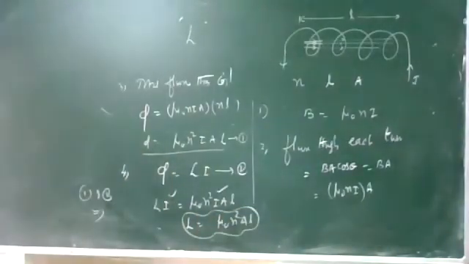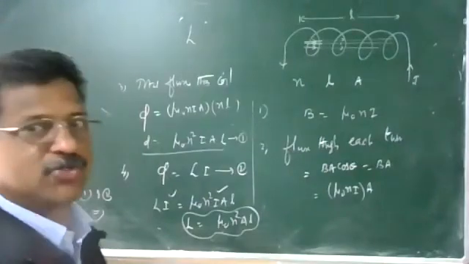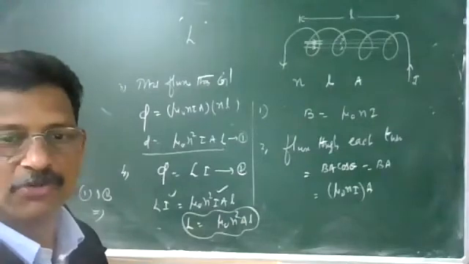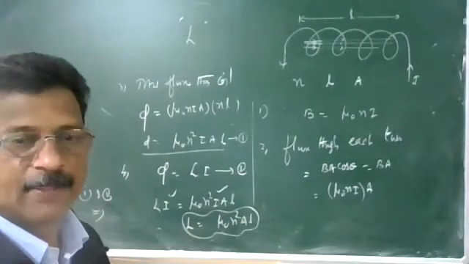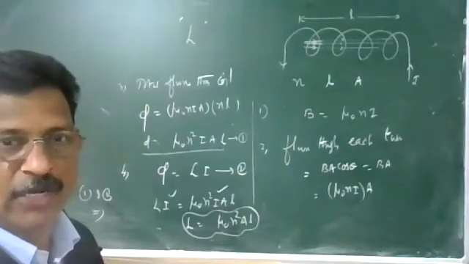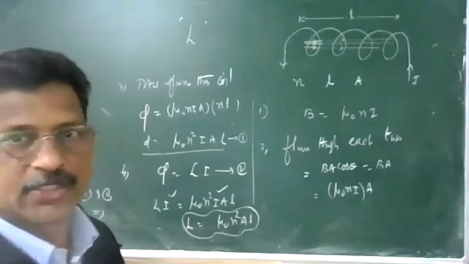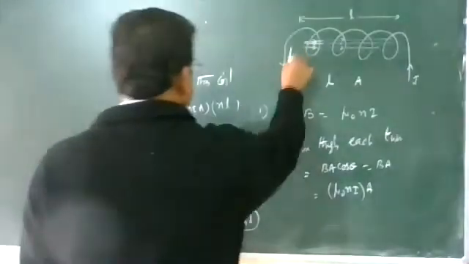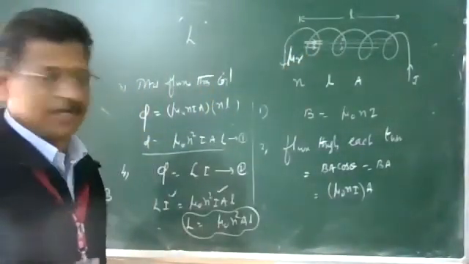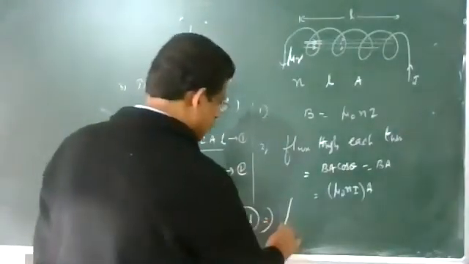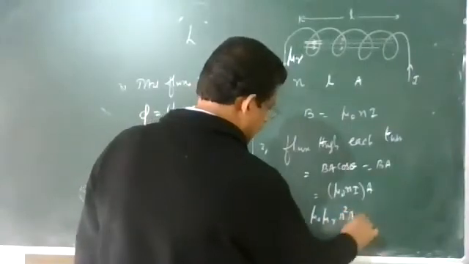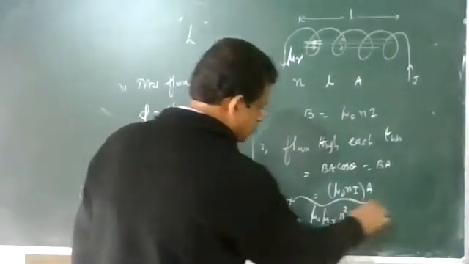It is just like the capacitance of a parallel plate capacitor. Parallel plate capacitor capacitance is equal to epsilon 0 A by d. So self-inductance of a coil is mu naught n squared A l. If you introduce a medium of mu r, soft iron, where the coil is wound over the soft iron, then L can also be written as mu naught mu r n squared A l. So it's very important.